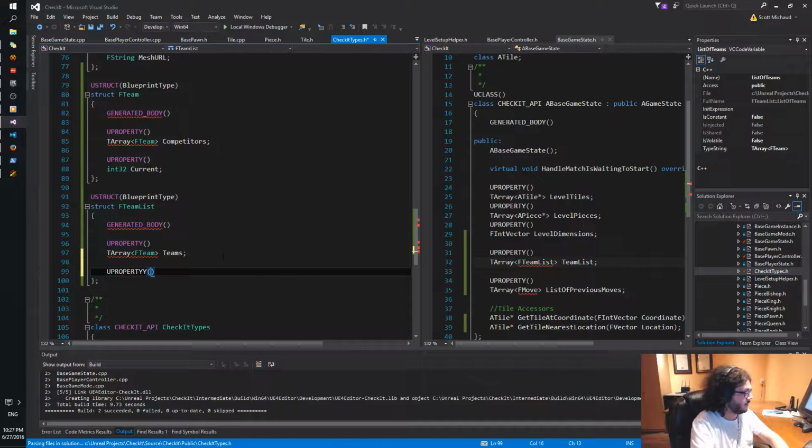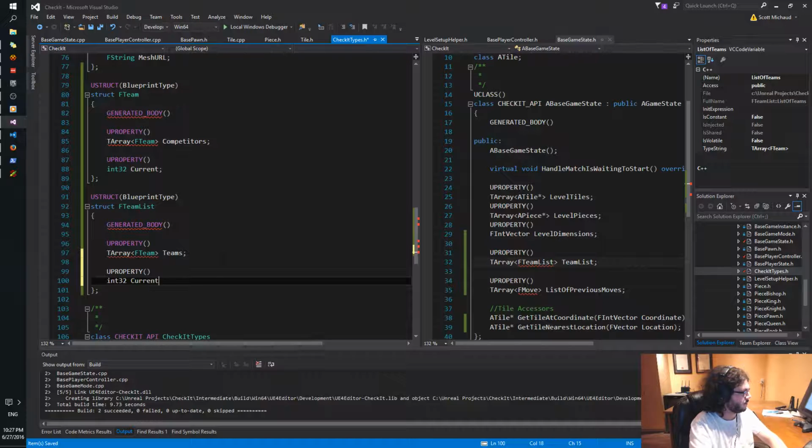View property. Int32 current team for competitor. It's going to be very similar to what we had before.